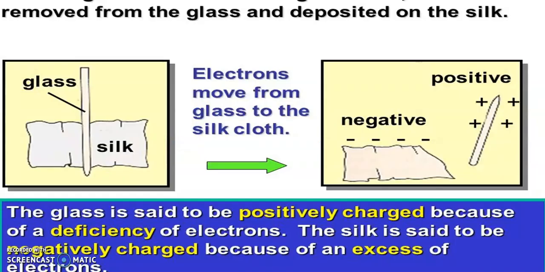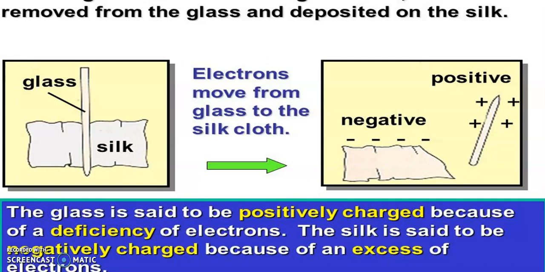When a glass rod is rubbed with a silk cloth, the glass rod becomes positively charged and the silk cloth gains an equal amount of negative charge. How much positive magnitude the rod gains, that much negative magnitude the silk cloth also gains. If the rod has 4 positive charges, then the silk cloth also acquires 4 negative charges, because the silk cloth is acquiring the negative charge from the rod.